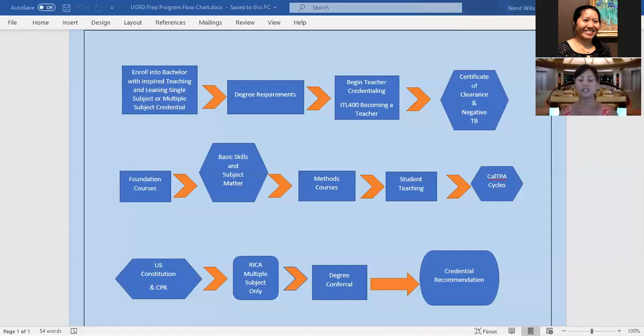So there's advantages and disadvantages to both. The advantage of doing it in your undergrad is you can get it all out of the way in this blended program where you're doing your undergraduate coursework with your preparation program. And then at the end of it, you'll get your degree and your credential. However, if you wanted to get your degree first, which would be shorter, and you wanted to maybe get some more experience, see what's out there in the world, you can come back and do a graduate program,